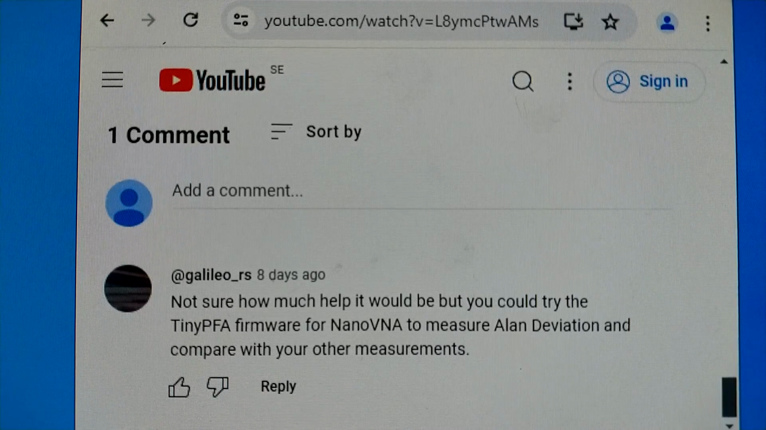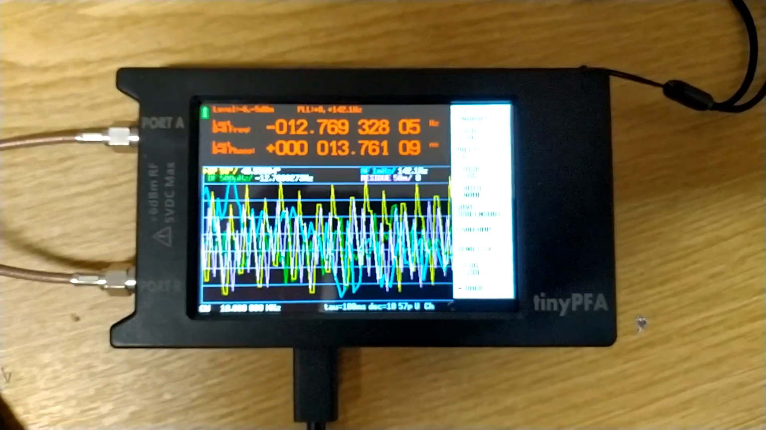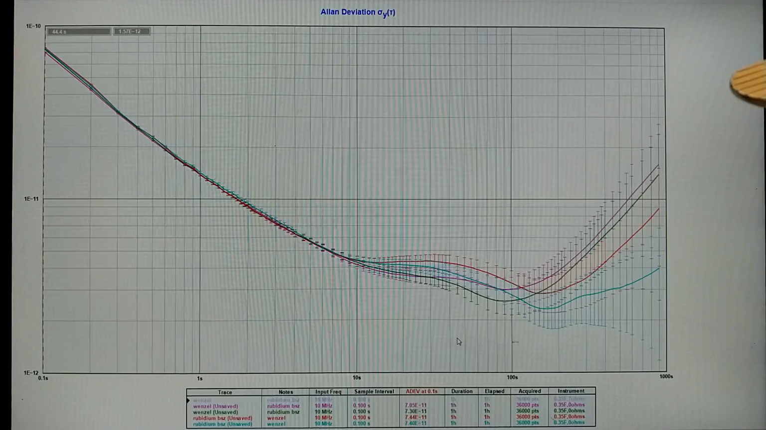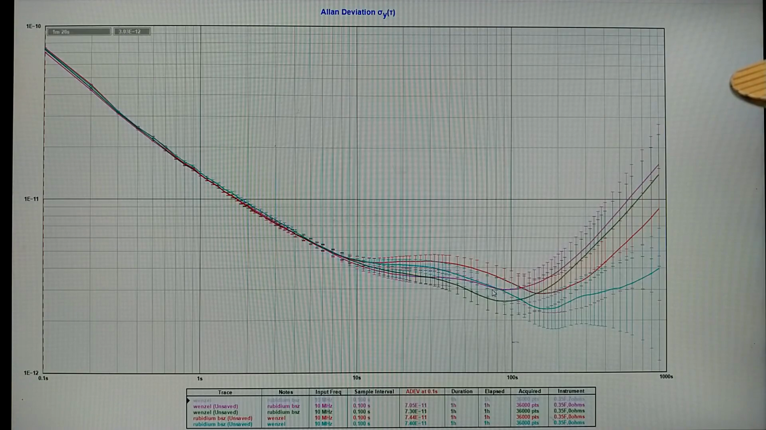A week ago I got this comment on a previous video, nerds96. So I bought one of those units, TinyPFA. I have started to investigate it. Here are 4 measurements where I run one channel with my Wenzel oscillator and the other channel is a rubidium